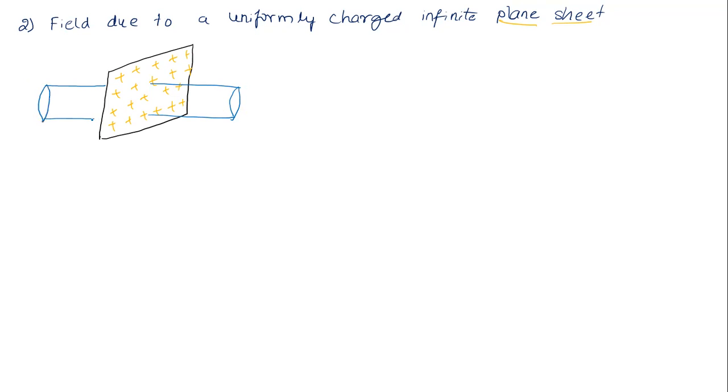I think you're getting the idea about this Gaussian surface now. It is passing exactly through the middle. There is a center. Now let's say this side length is L, and this side length is L. The total length is 2L. And this surface area, let's say A, and its surface area, let's say A. Now on this, where is the Gaussian surface? Here is the Gaussian surface. This is what we call Gaussian surface, and this is what we call plane sheet.